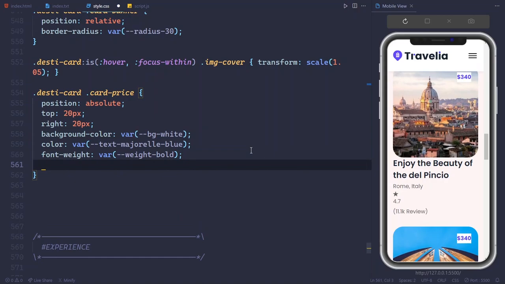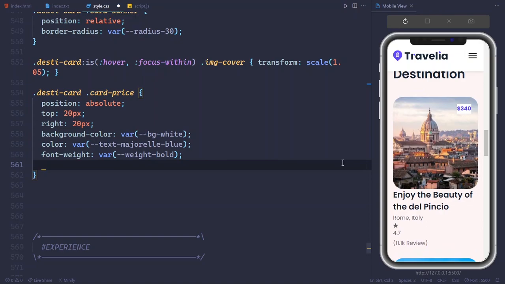So let's say we need some font size, so font size will be 1.8 rem, which is 18px,